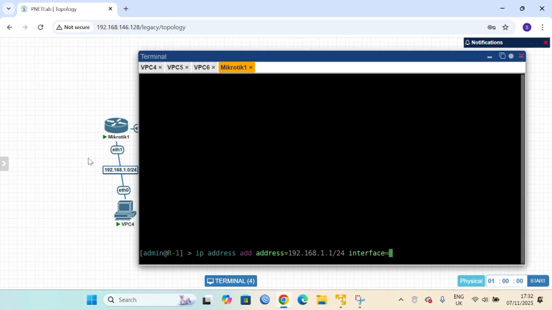As you can see right here, ether1 is connected to the router one. So we write here ether1. We enter, and we will configure the next IP address.